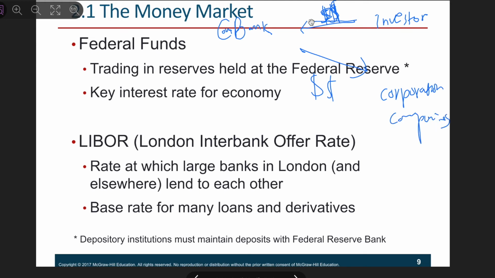So money in, money out. How much money is left in the bank? We don't have so much left in. So whenever the investor calls their claim, oh, I want my money out, the bank should be able to pay them back, right? That's why we want to have the Federal Reserve